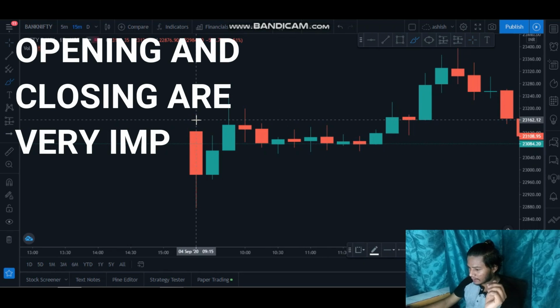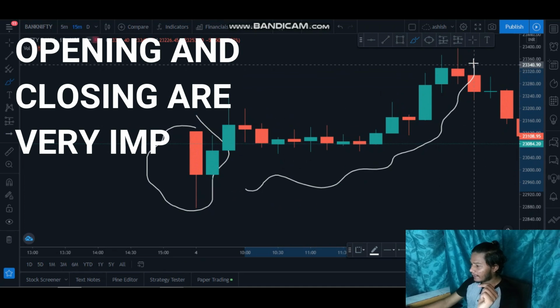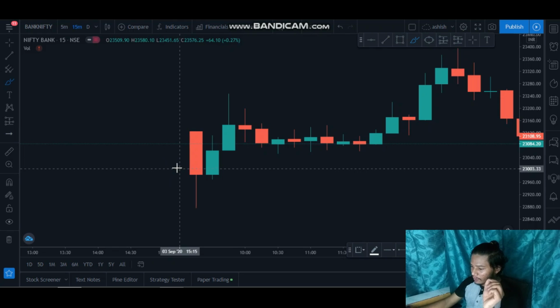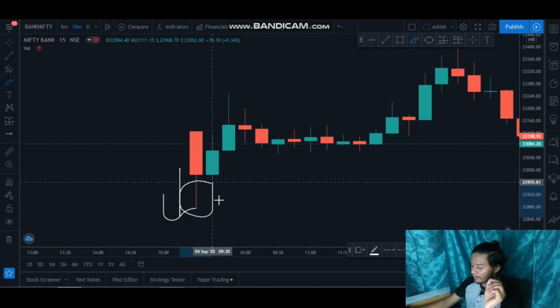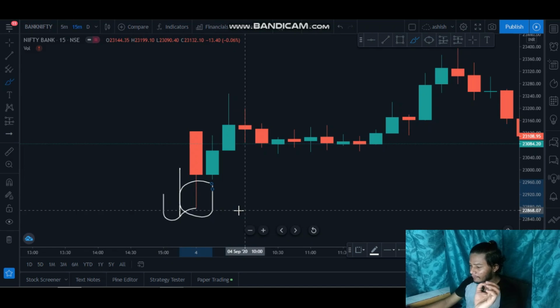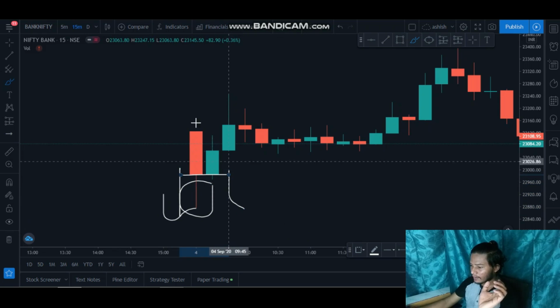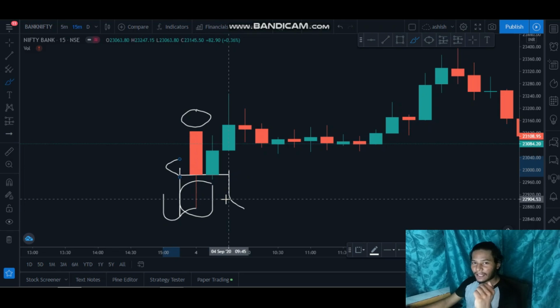So here this is the opening in the 15-minute time frame, Bank Nifty. This is a red color doji, but we can see here price made a higher high and went on the upside. So how to trade this? The sellers tried to take the market lower here, this way. You can see this wick over here, but buying came from the downside and the buyers closed. You can see the closing, the red candle opens here and the closing is here. So the buyers closed the market high, means they want to take the market higher. Buyers had the upper hand in the market at that time.